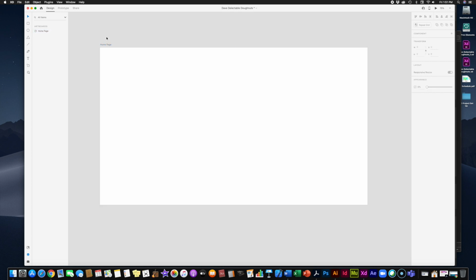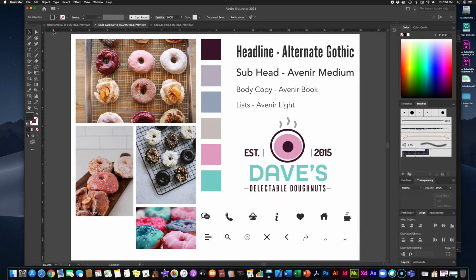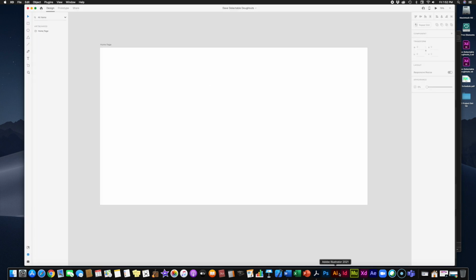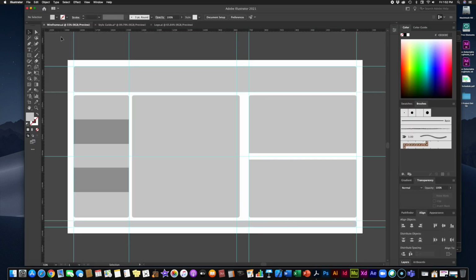Okay, now once we get that going, of course, make sure you save as you go here. We want to essentially go over to our wireframe and replicate that. Now, if your wireframe is done on paper, you're going to have to take some measurements and try to replicate it using simple shapes, rectangles, squares, etc., or dragging out guides in XD to replicate that. However, if you went ahead and made your wireframe like I did here in Adobe Illustrator, then this is where